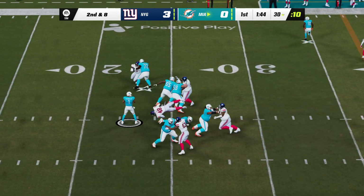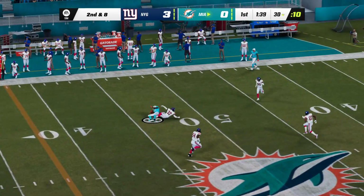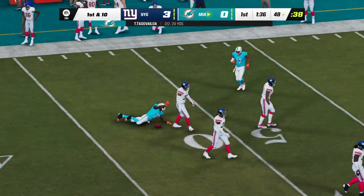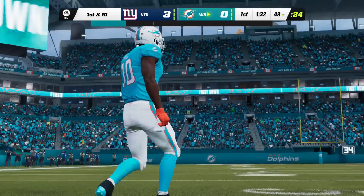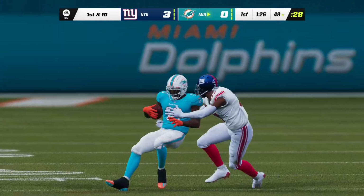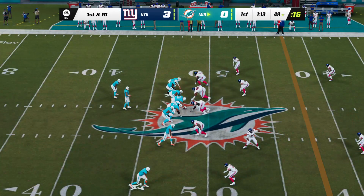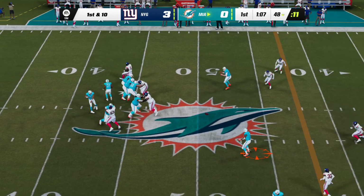From the 30 on 2nd down, Tua. That one caught by Tyreek Hill. And able to get this one across the 45 before he's brought down. 18 big yards on that one, and a Miami first. I don't care who you put on him, he's going to be a handful in one-on-one throws. Yeah, right now, you're right. They're in man-to-man. Maybe need some safety help. I would say that'd be a good idea. Double team him somehow. I'm going to have to make someone else beat me rather than let him shred my